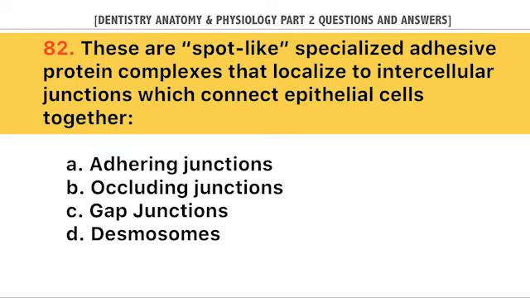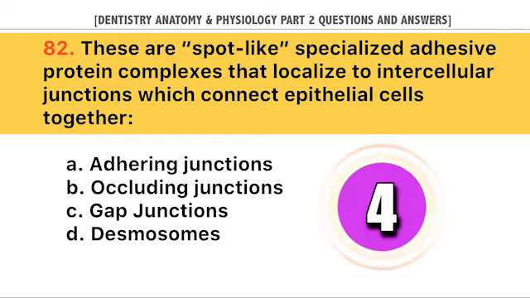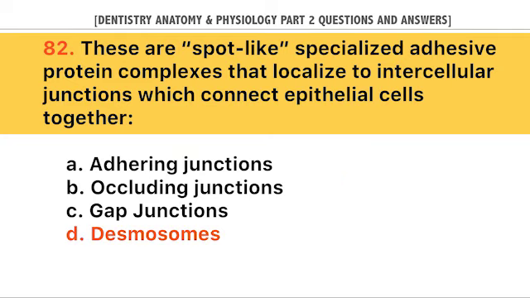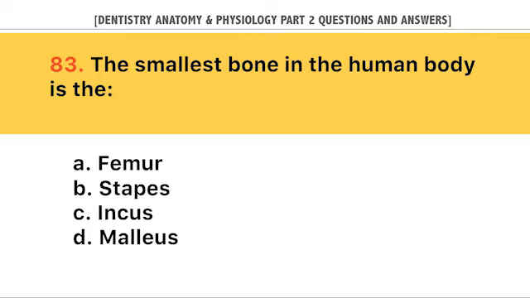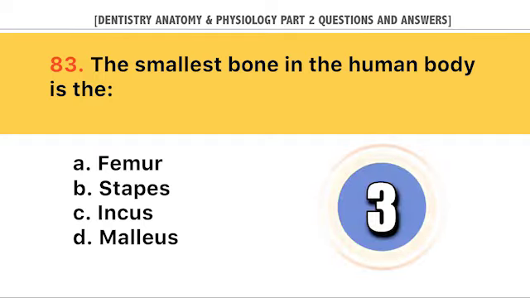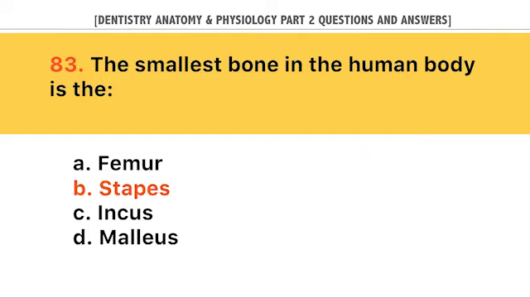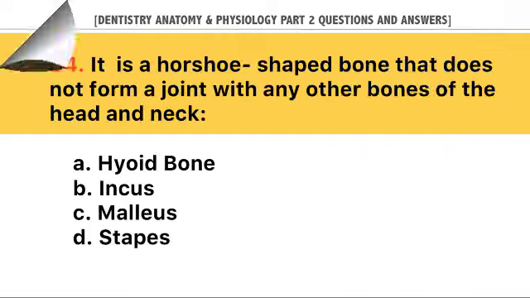A. Adhering junctions, B. Occluding junctions, C. Gap junctions, D. Desmosomes. Answer: D. Desmosomes. The smallest bone in the human body is the A. Femur, B. Stapes, C. Incus, D. Malleus. Answer: B. Stapes. It is a horseshoe-shaped bone that does not form a joint with any other bones of the